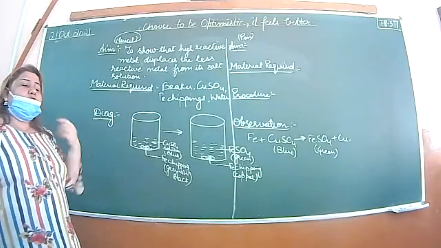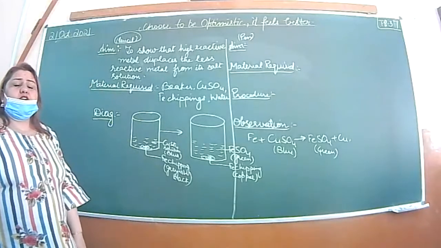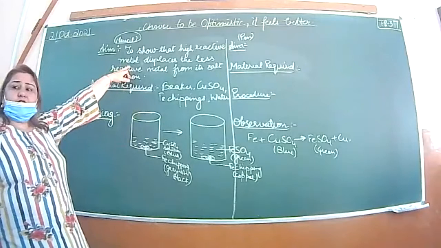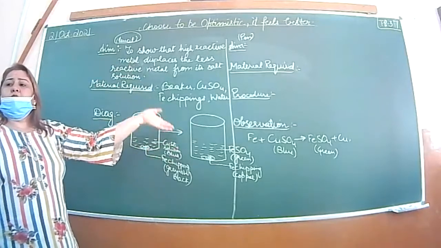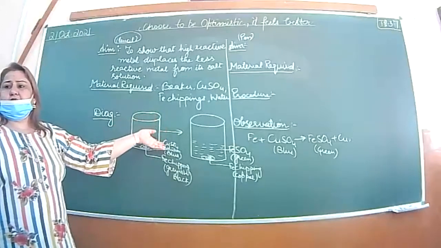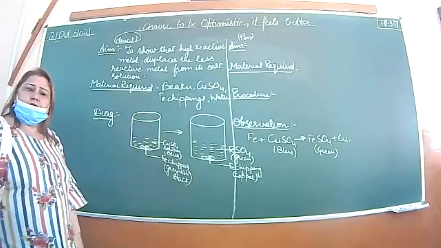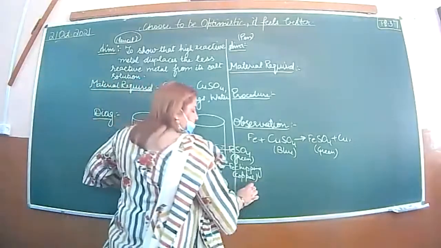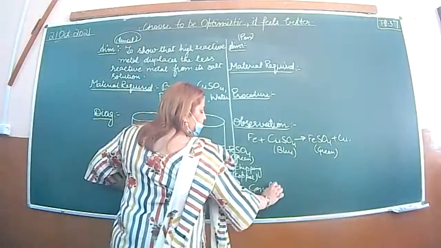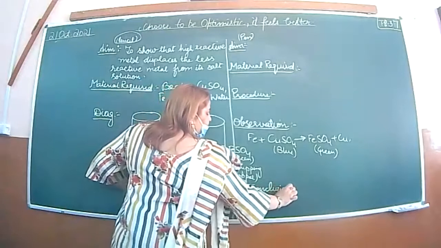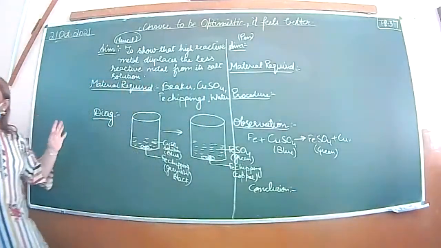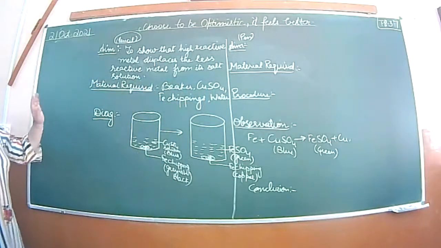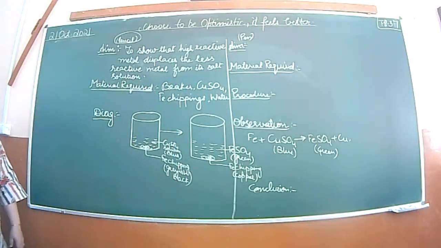Simple. And after that the conclusion, but we will write down the conclusion. Same as the activity, that highly reactive metal displaces. It's concluded that the highly reactive element displaces the less reactive metal from its salt solution. Here you write the conclusion. Is this clear, children? No need for a diagram. Is this clear, children?